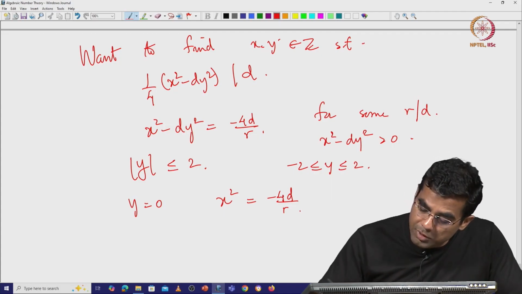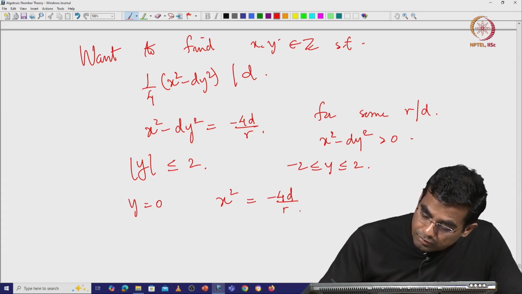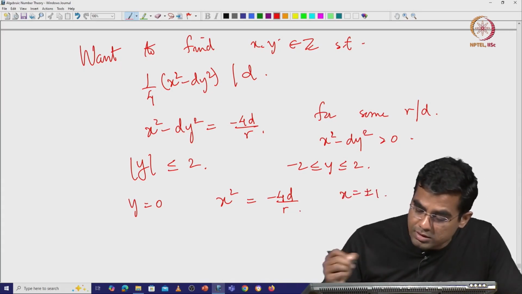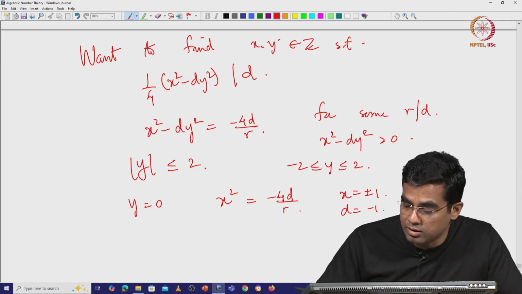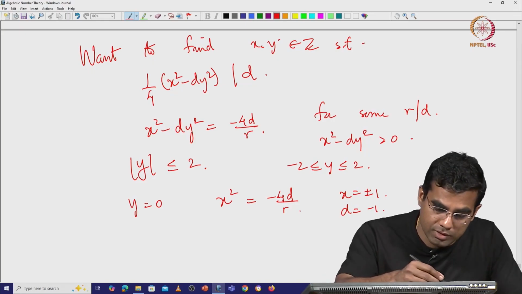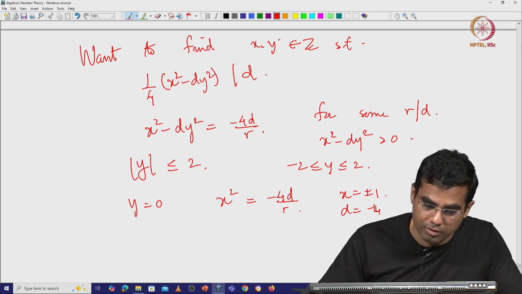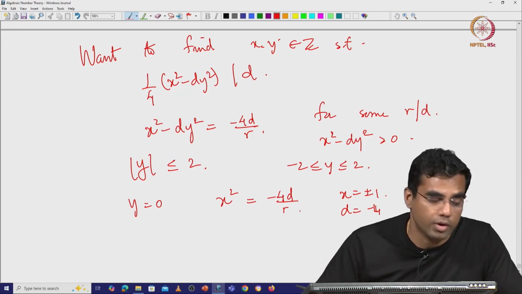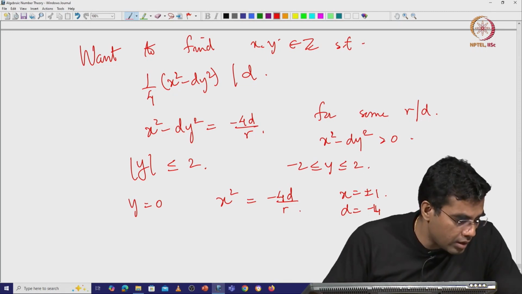So this means that in this case the only solution is x is equal to plus or minus 1 and d is equal to minus 4, right. Okay. So that is when you adjoin square root of minus 1,